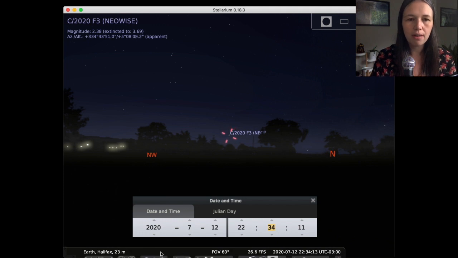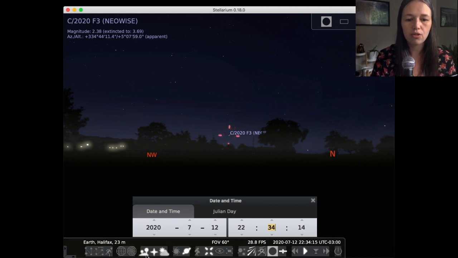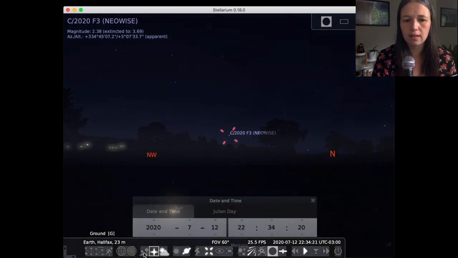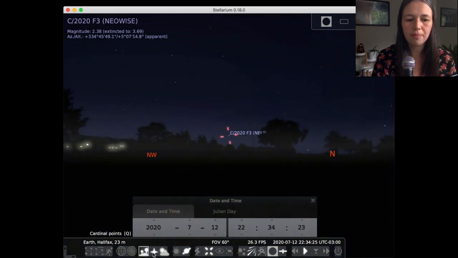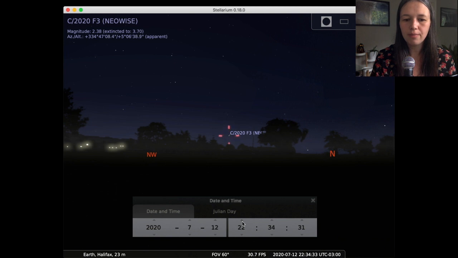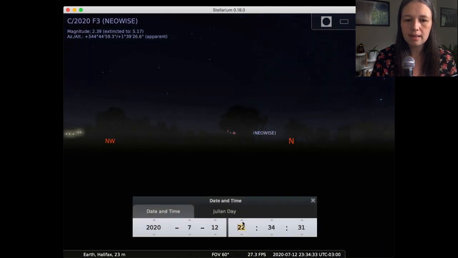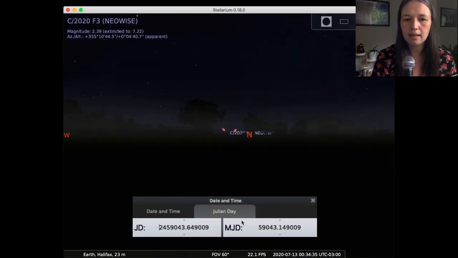Now, if you don't have your cardinal points on, you can turn those on down here. So you can click here, or you can just click Q. You can see the command. Oh, I clicked ground. Sorry. Cardinal points here. There we go. It turns them on and off so you can see exactly where it's at. And now if we just keep going, we can see that the comet is setting